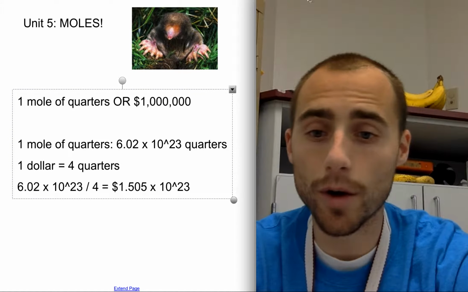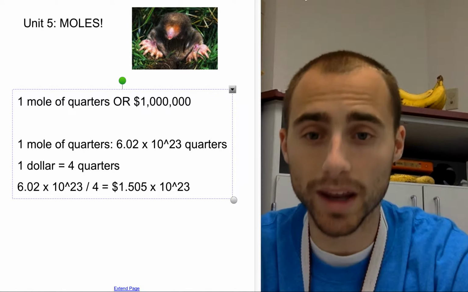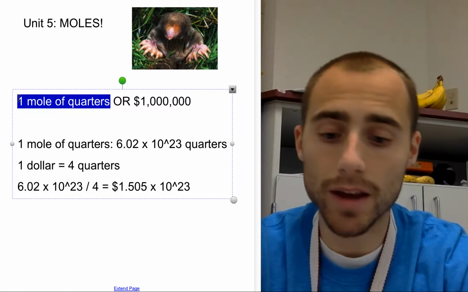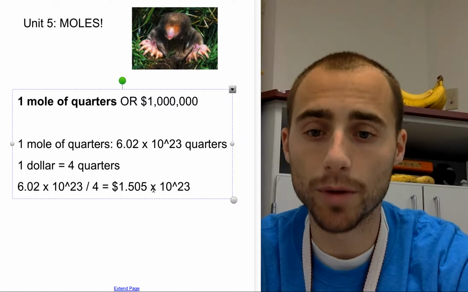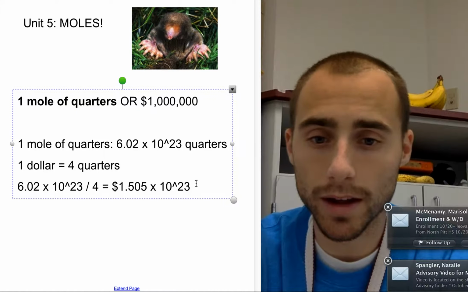1.505 times 10 to the 23rd is way more money than $1 billion. So 1 mole of quarters is a huge amount of money. 1.505 times 10 to the 23rd. Written regularly, that would be